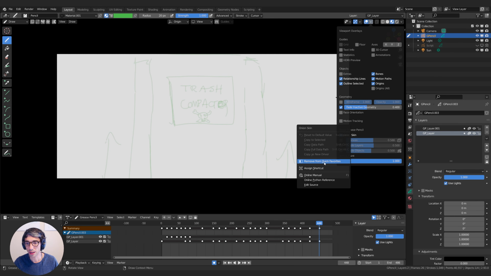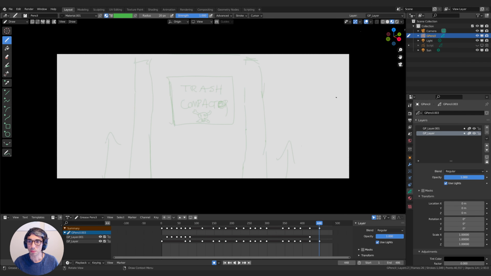and go to right here, add to quick favorites. Mine says remove because I've already done this. But by adding it to quick favorites, if I hit the Q key, I get this nice little pop-up menu. And I can turn on and off Onion Skin. That's just because I've added it in there. I've also added in